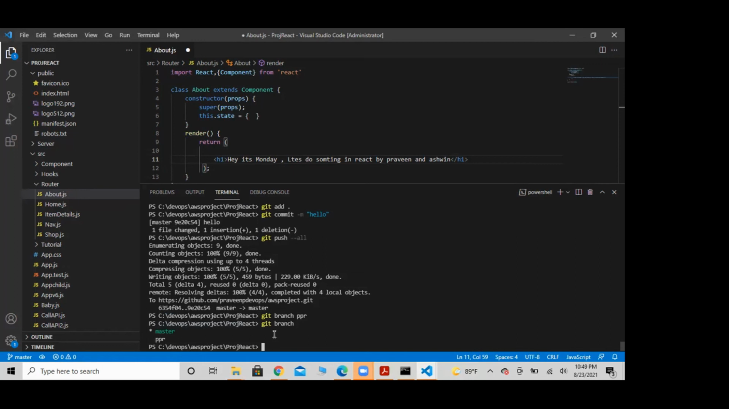So go and first delete your app from AWS because it's